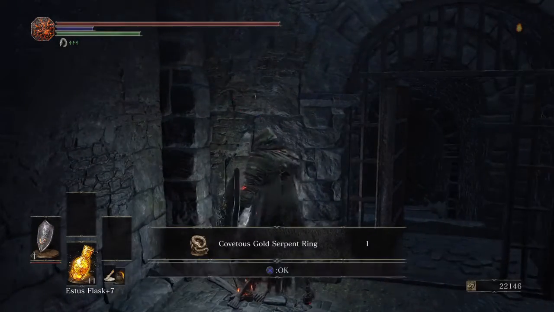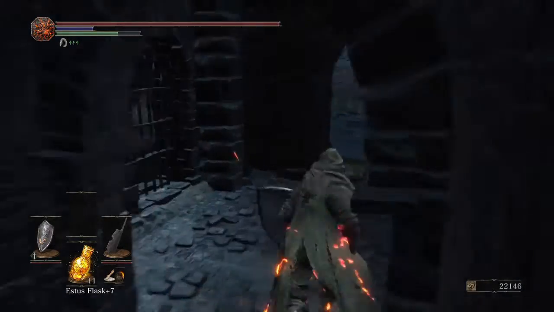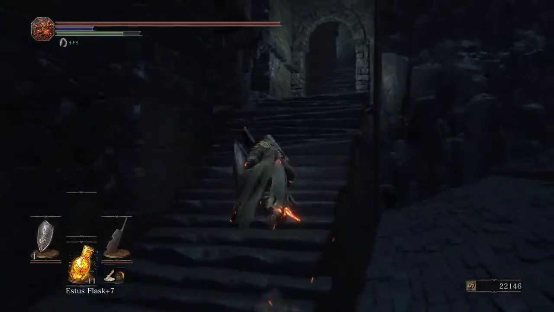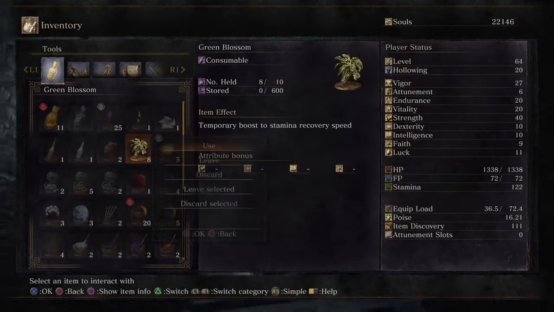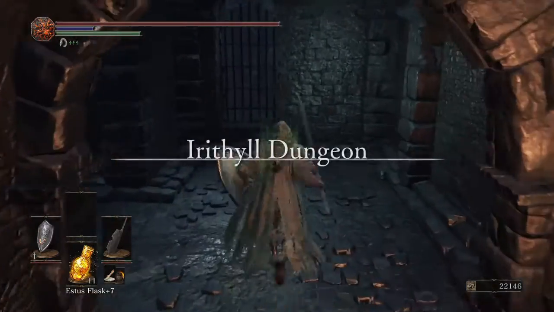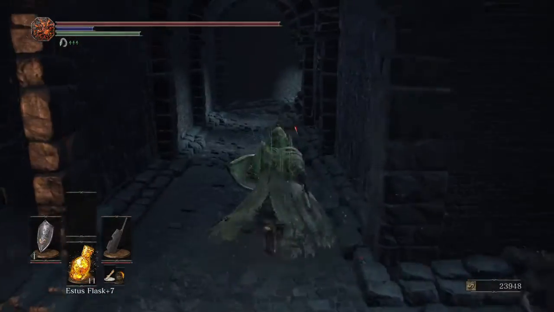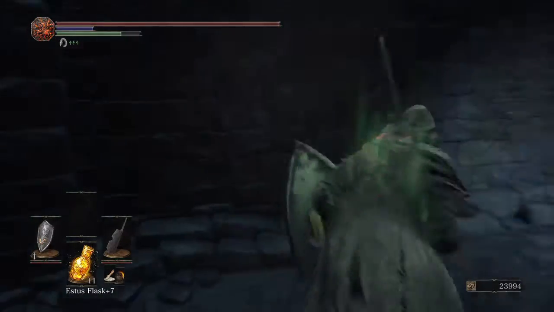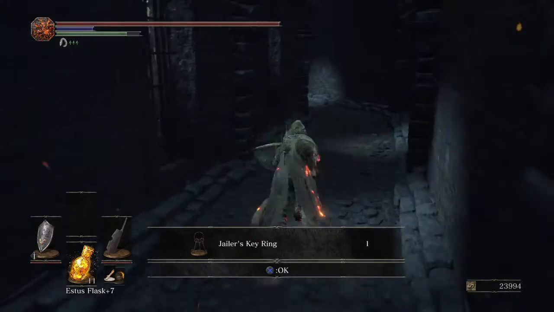And here is the covetous gold serpent ring. Increases the enemy item drop rate. Up ahead there are a few bullshit things, so I really don't want to die here. There are 2 more jailers, but they're invisible, so. Oh shit. Now, you can talk to Siegfried if you drop down there. You can talk to him. His jail cell's like, the other side of the bars are right over there. And now we have the jailer's key ring,